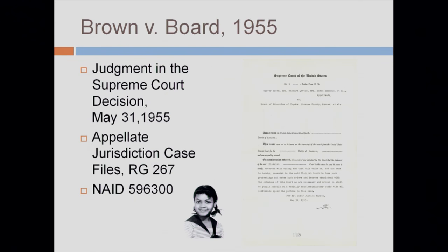So our first modern record is a decision from the Brown versus the Board of Education Supreme Court case from 1955. This, of course, en masse desegregated schools in the United States. The picture is of Linda Brown, who's kind of the namesake of the case. But in actuality, there are 20 other children represented as part of the Board of Education Topeka, Kansas suit, and the whole Supreme Court